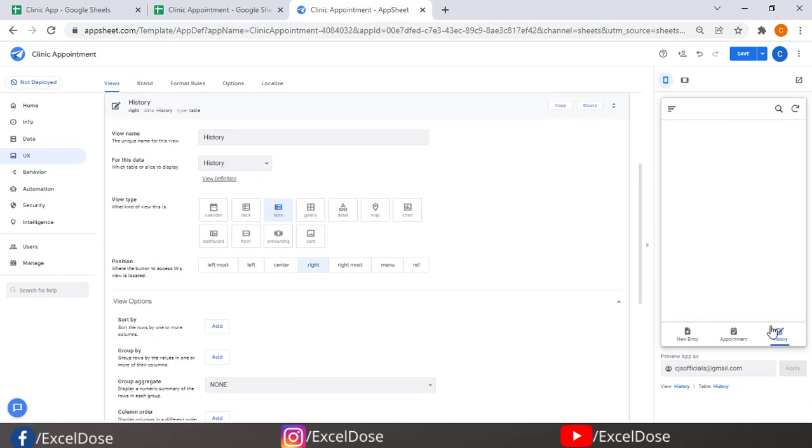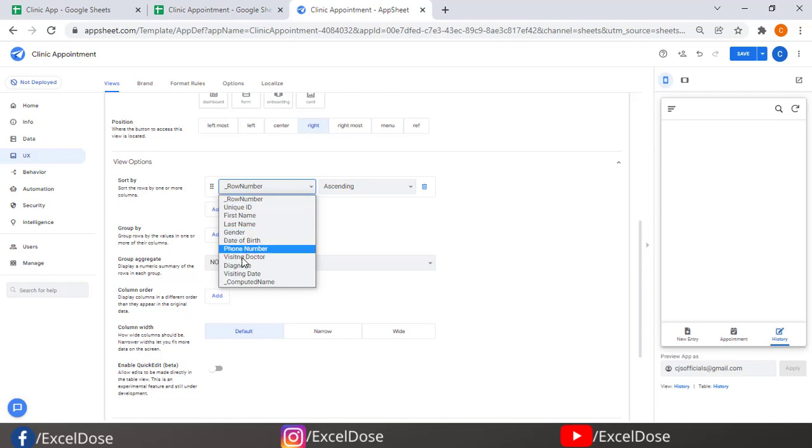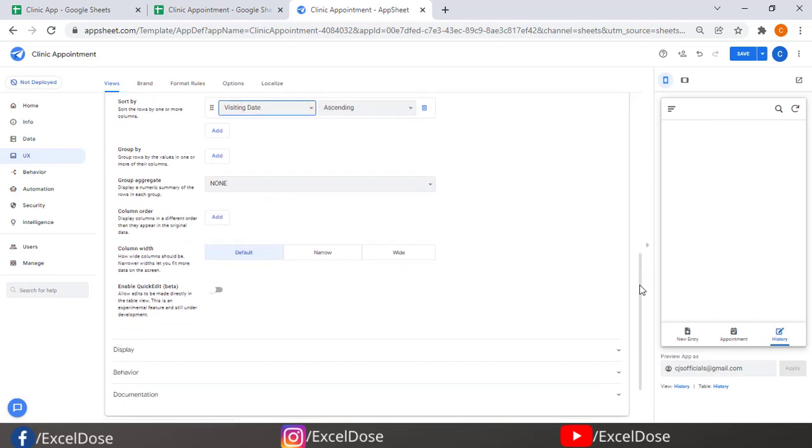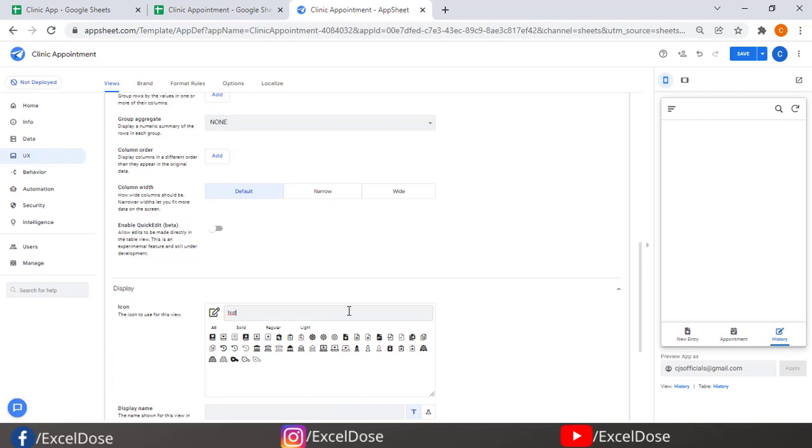You can see history is coming this way, right? Since it's not having any data, that's the reason it's showing as blank. So we'll sort it based on the visiting date ascending, and now we have to give the icon also. For the icon I will type here history, so I will go with this one. Let's see, yeah, it's also updated.